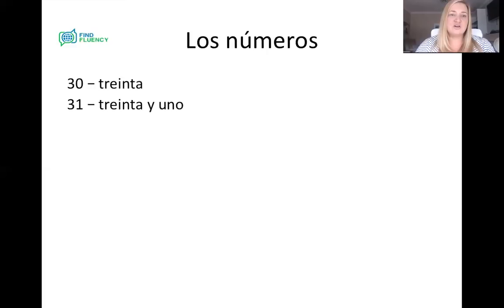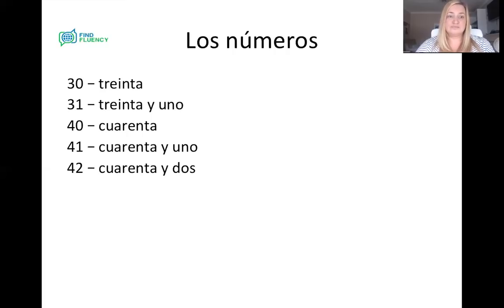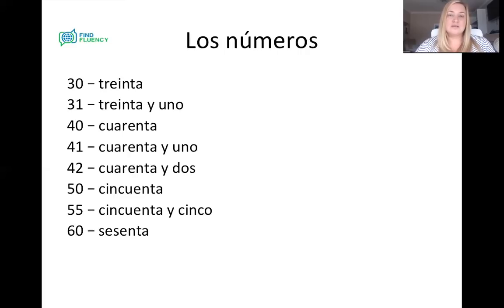So 30, we have 30, as we saw. And then 31, as we saw, 31. So I'm going to take you through the tens, essentially, here. And I've given you a little example, like 45, 64, so that you can see what it looks like. So 40 is 40, and 41, 41, 42, 42, 50 is 50, 55, for example, 55, 60, 60, 64, 64,